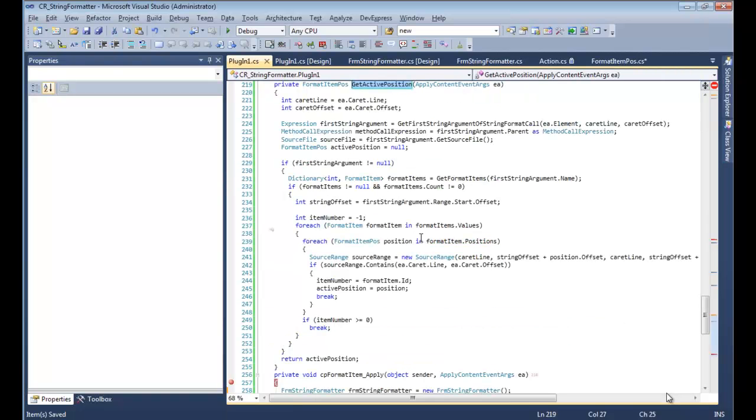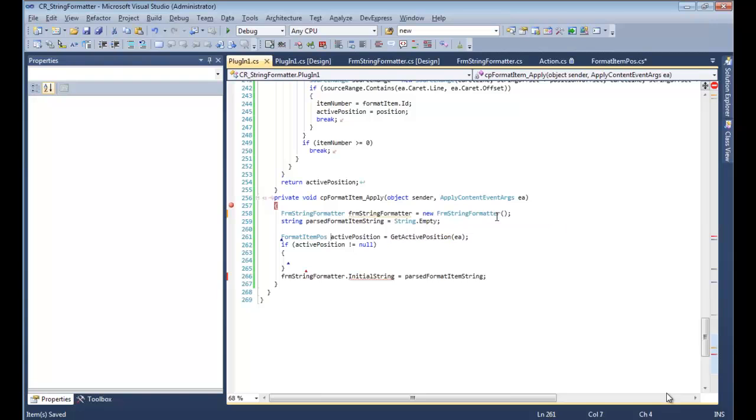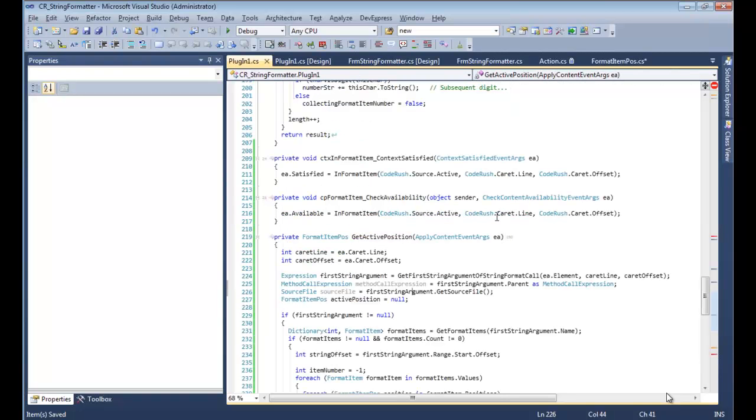So let's have this bit refactored out. There's still some stuff out there. All right, so active position is not null. Then we now have some information on that piece that's out there. Of course, get active position. You know what else I wanted from there though? Is I wanted